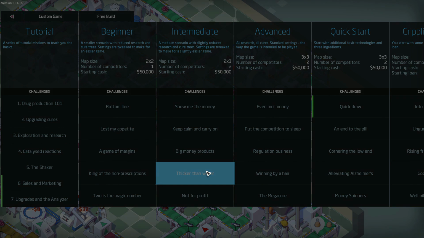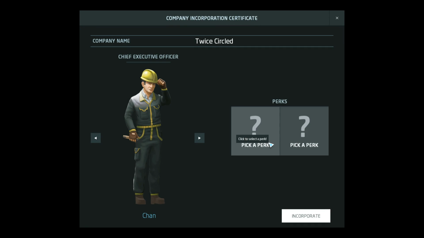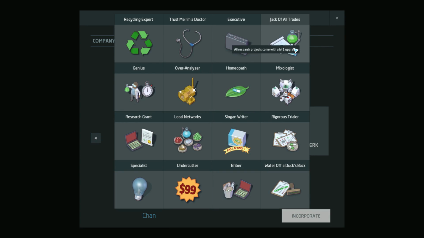I'm trying to remember what I went for. I went for, I think, Jack of all trades, which basically means all your research projects come with a level 1 upgrade, which keeps those process costs down. It's also quite cool because when you do get the sales reps, advertising, and symptom awareness campaigns, although in the intermediate level that's not available, you automatically get that level 1 upgrade, which just speeds you up a little bit more. So as soon as I got the advertising one, for example, I could go straight in for branding